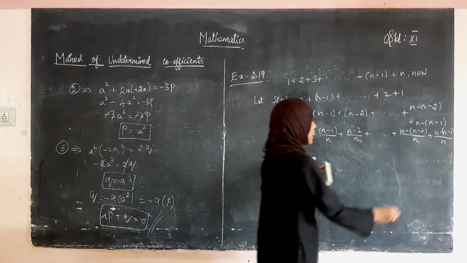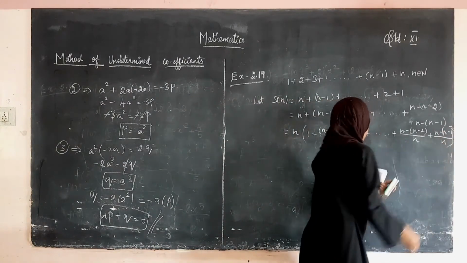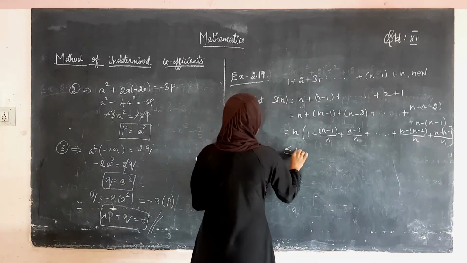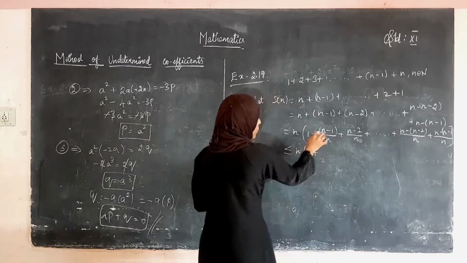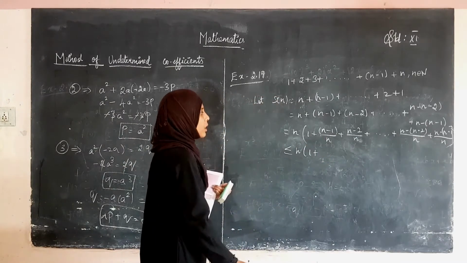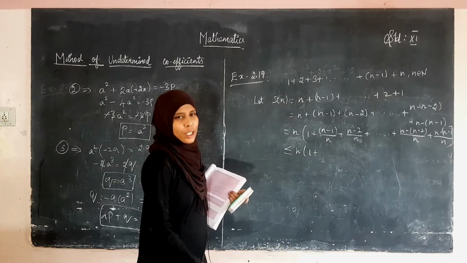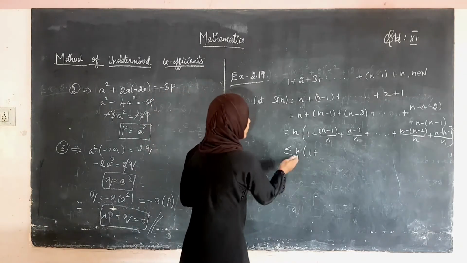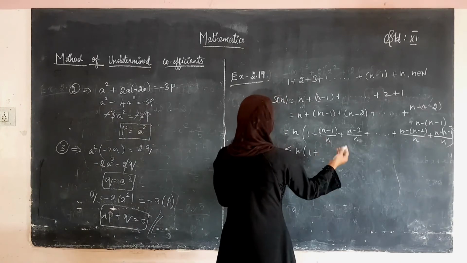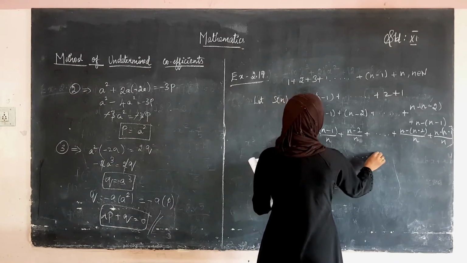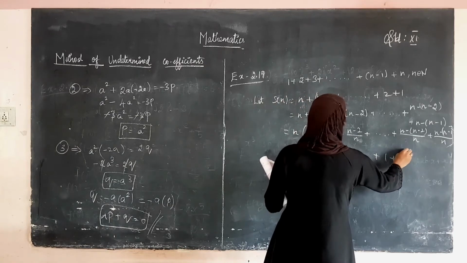Okay, so we have taken n outside. See here, this will be less than or equal to 1 plus. See, substitute some value for n here. If it is 2, okay, 2 minus 1 divided by 2, what happens? It is less than or equal to 1, right? Therefore, we have taken 1 for everything. 1, this also 1, this also 1, etc. up to 1 plus 1.